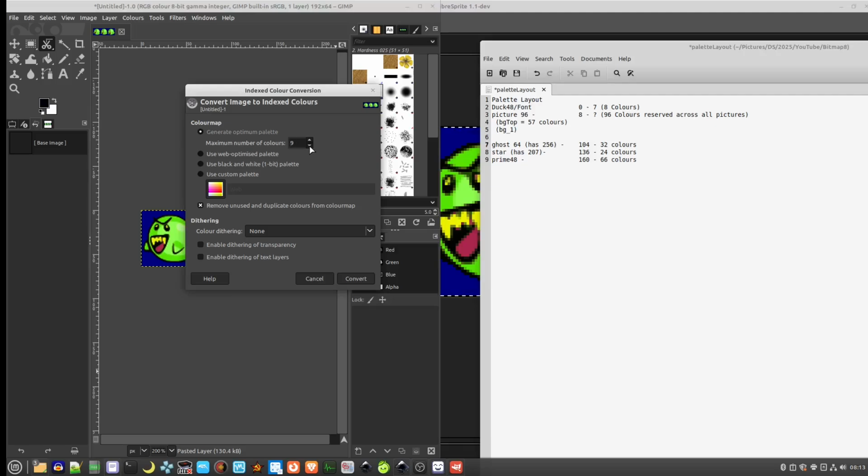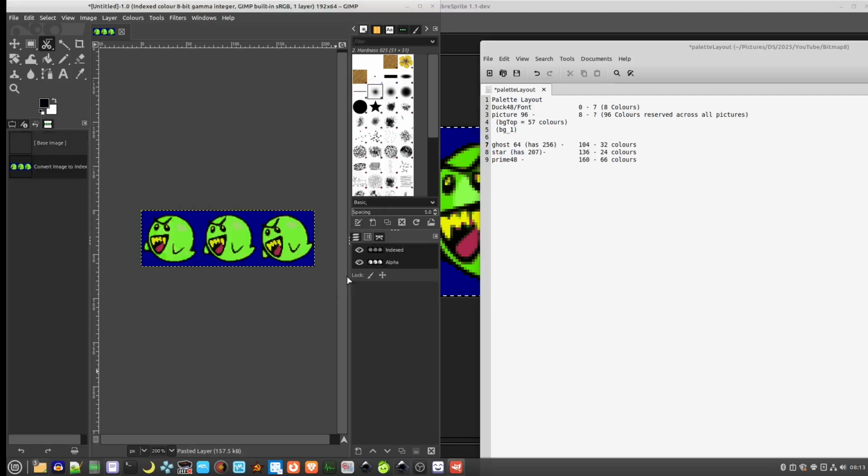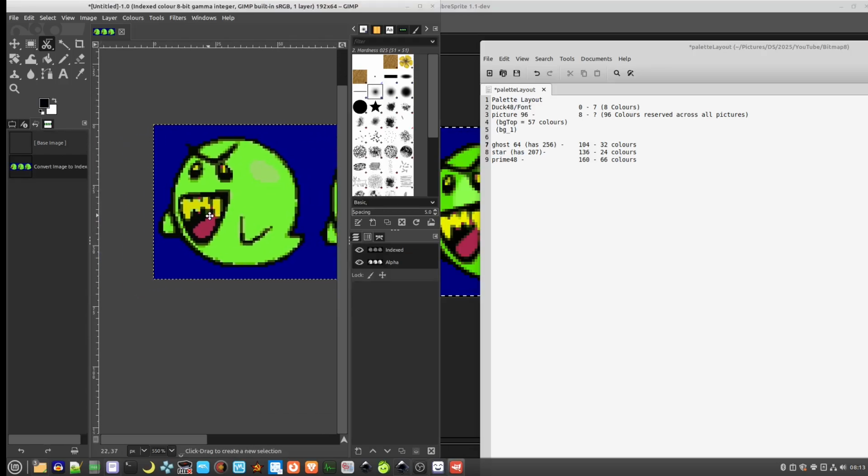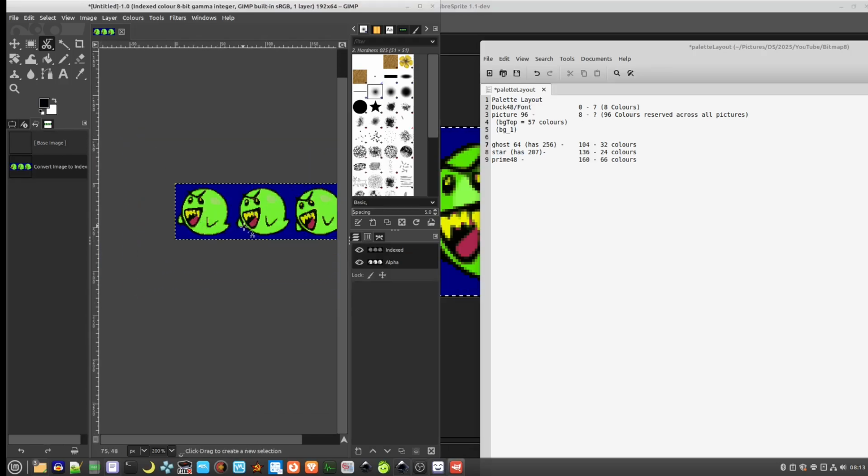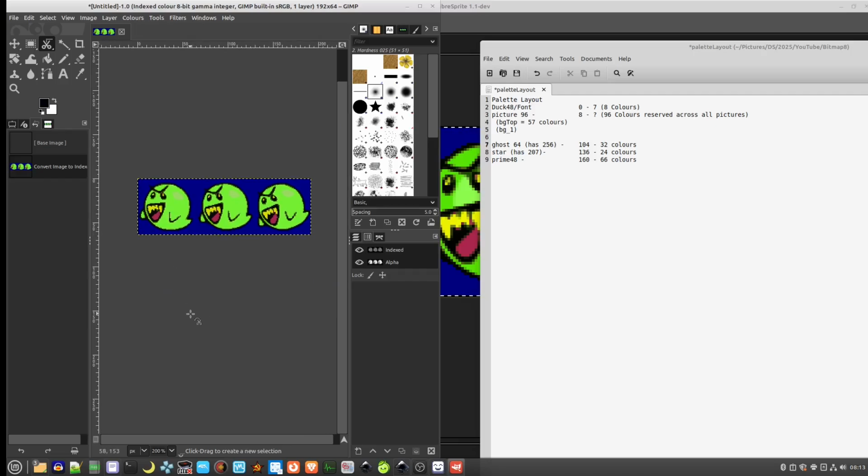So I'll show you now. If you drop that down and convert it, you'll see that's totally dropped that image. Now what you do is you'd copy that out back into LibreSprite and then save that, and then make a note of how many colors